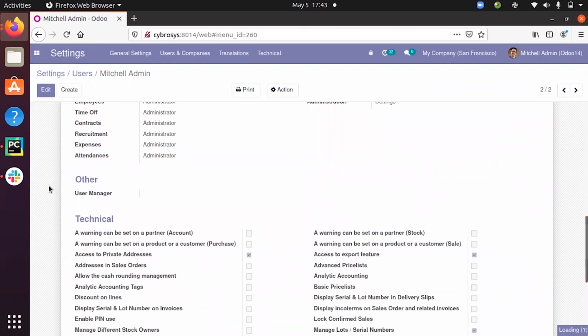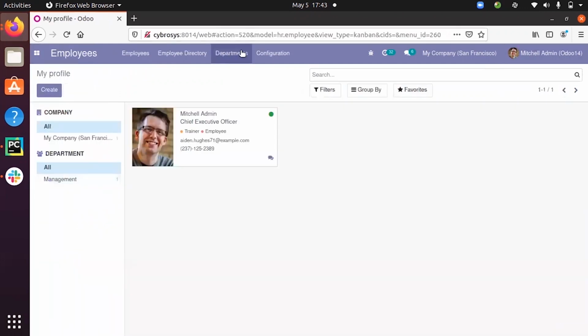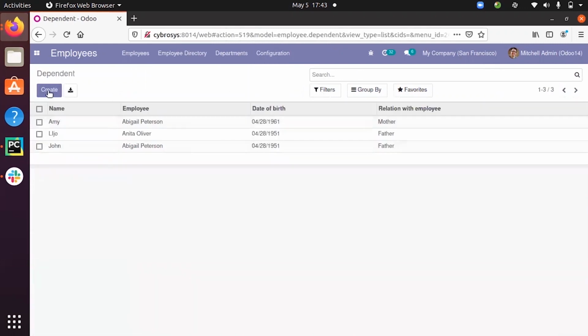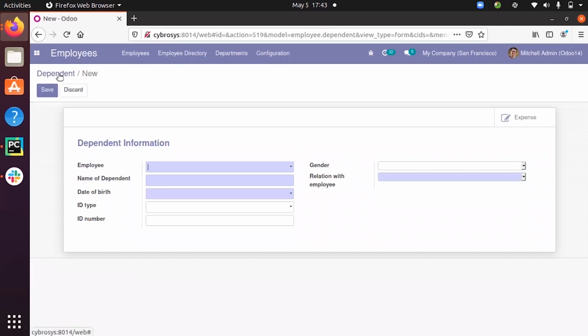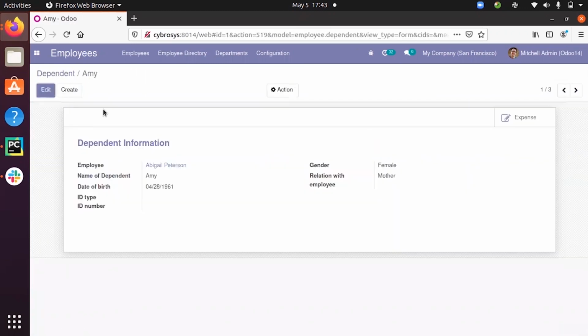As this user Michelle Admin is an administrator, you can see the option to create a new dependent, and it is possible to edit a dependent.